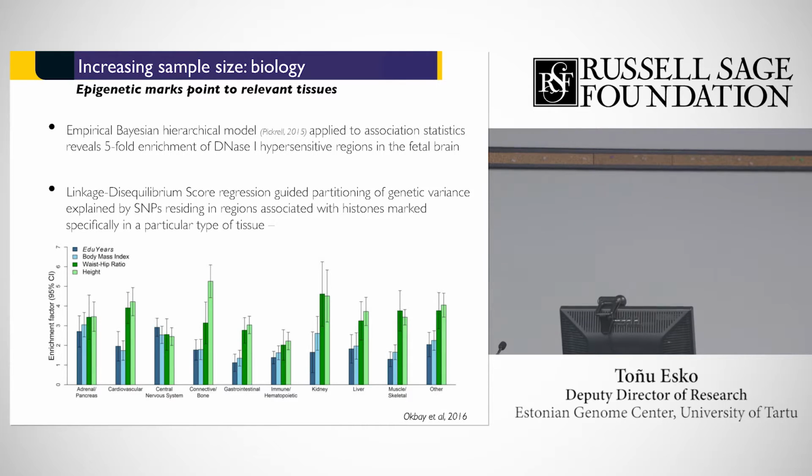And CNS has a pretty low ceiling, because actually a pretty large percentage of all SNPs are in regions of the genome that are wound around histones that are observed to be marked in the central nervous system. So